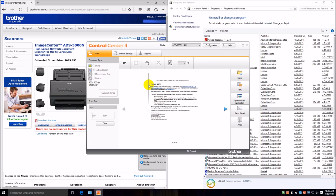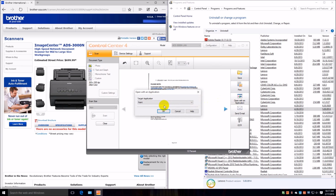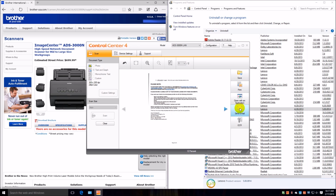With Paperport, you can get rid of this kind of stuff, deskew it, all that kind of advanced editing. But this Control Center 4 is basic. You're going to have to open it with an application in order to do any editing. But nevertheless, you can save it someplace, you can print it, you can open it with an application like Paint or Photo Gallery. You can send it with your email client that's on this PC, and you can do some